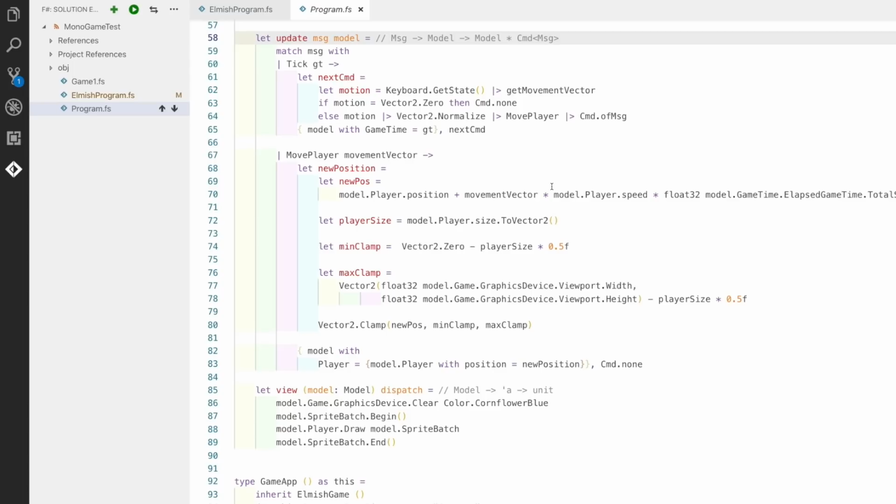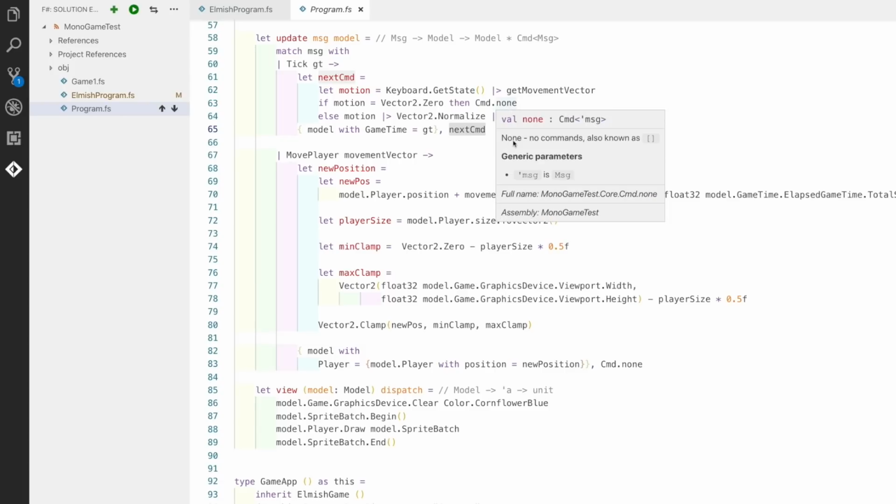So if we detect that motion has occurred from the keyboard state, we create a new command called move player, and we change that into a command by calling command of message, and we get back a model with the game time updated and the next command, which is either move player or command none if there was no movement